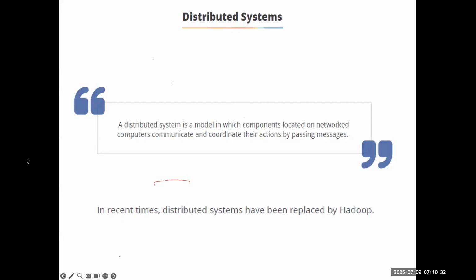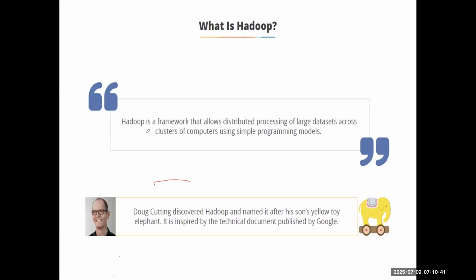Let's just start looking at that. Hadoop is a framework that allows distributed processing of large data sets across a cluster of computers. As I told you, this is a distributed framework. One job is converted into multiple tasks and it runs on different servers. So you see a cluster of computers, using a simple programming model. Let's suppose we have four computers. Then we call those four computers together a cluster of computers.